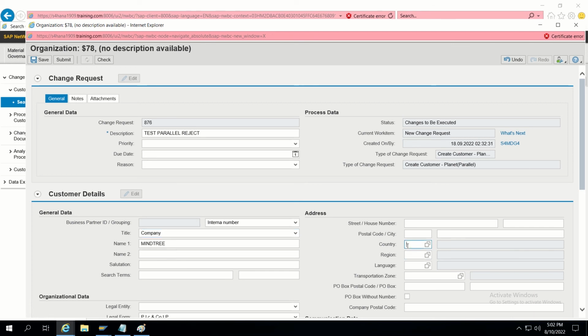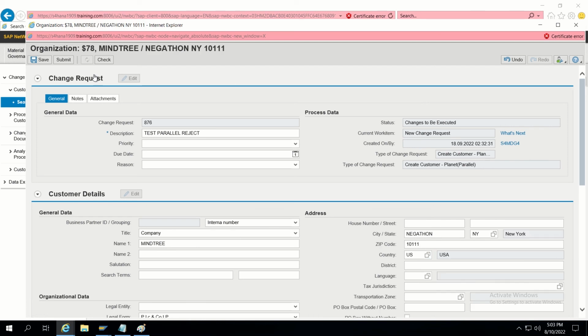Now let's give country US and postal code some 001, Megathon, some region NY. Just submitting it. So it will go to next level,